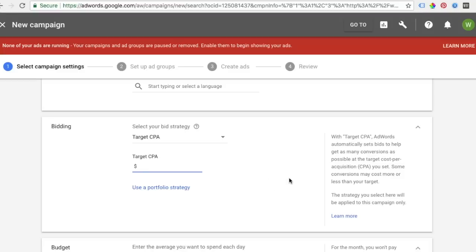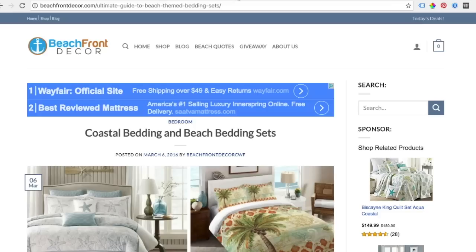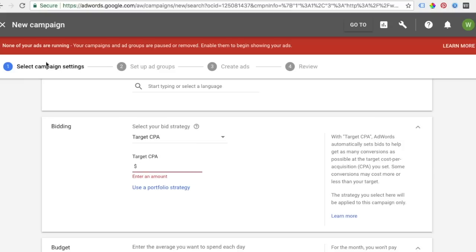conversion. For example, let's say I have betting here and I'm able to drive conversions at about $20 and my average betting sale gives me $50 in profit. What I would want to do is set my target CPA at $20, $25. And what Google AdWords is automatically going to do based on the data that we've already given them. So again, this only works if you've driven 15 sales, 15 conversions in a 30-day period. Based on that data, Google AdWords is automatically going to take our target CPA and try to drive more conversions